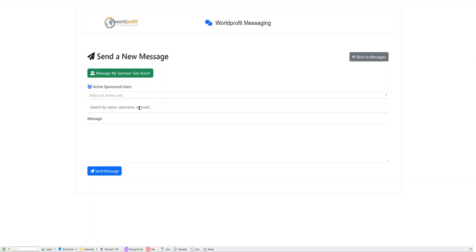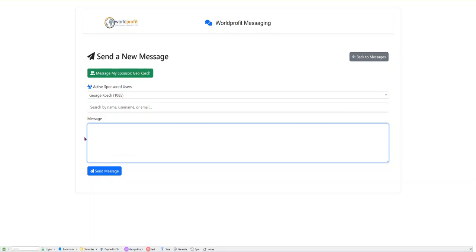Okay, so you can send that way, or you can search for them by name, username, or email. Username is actually their ID. So you can type that in and go from there, and you can send messages. So if I wanted to, for example, send a message to this person here, I simply type in the message and hit send. Now this is important. They will also receive an email notification that you've sent them a message, and they are to log in, click up on the top right, and they can come in and message you back.